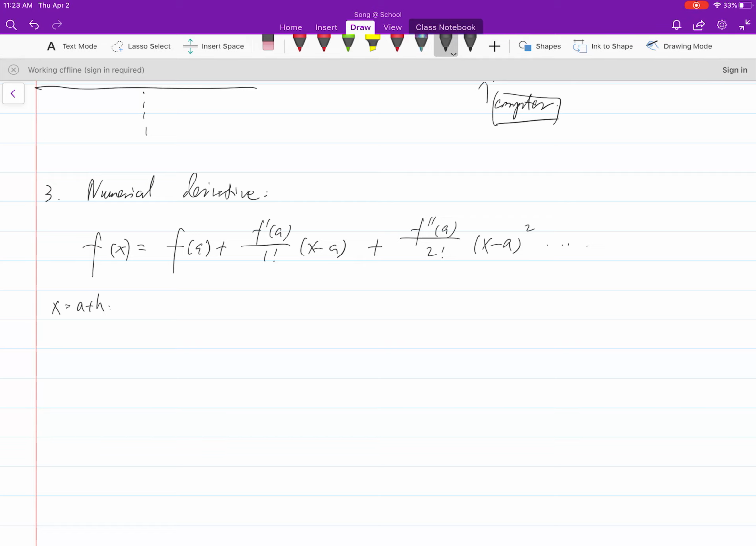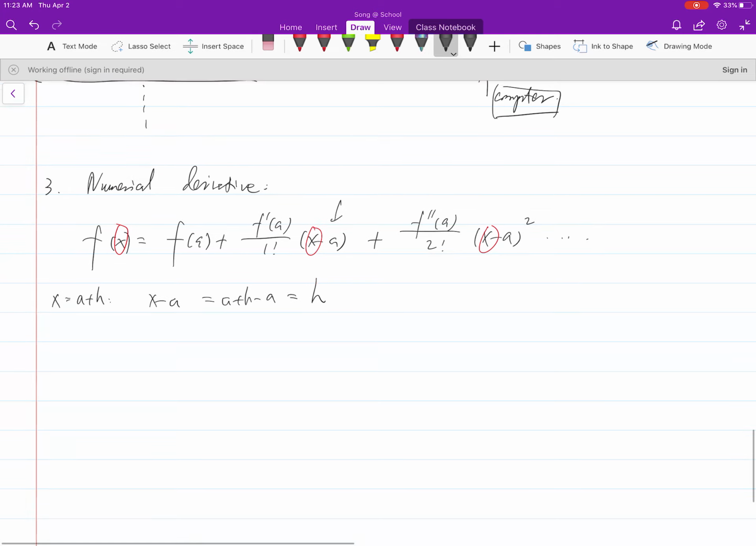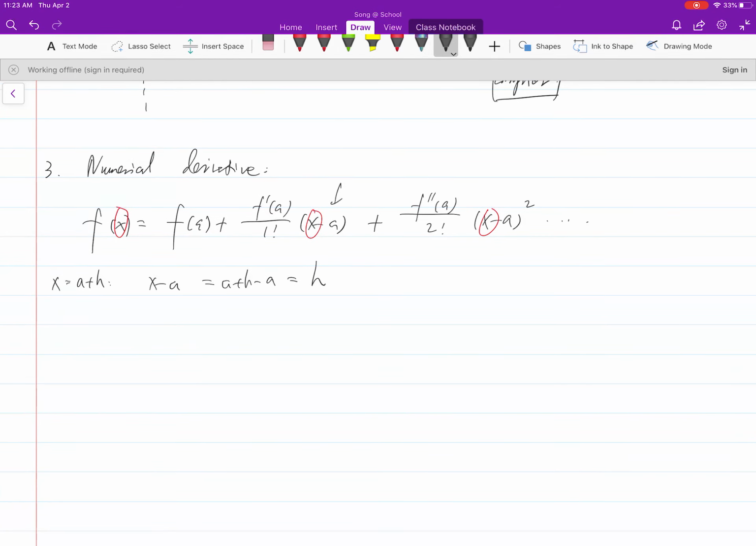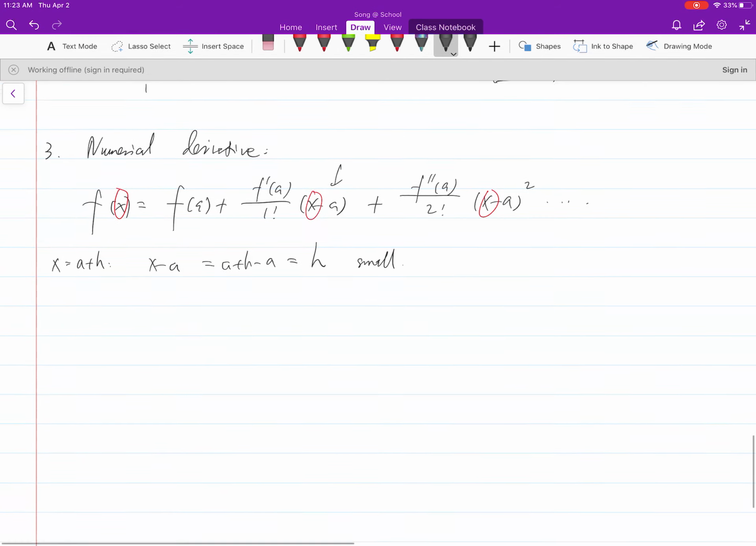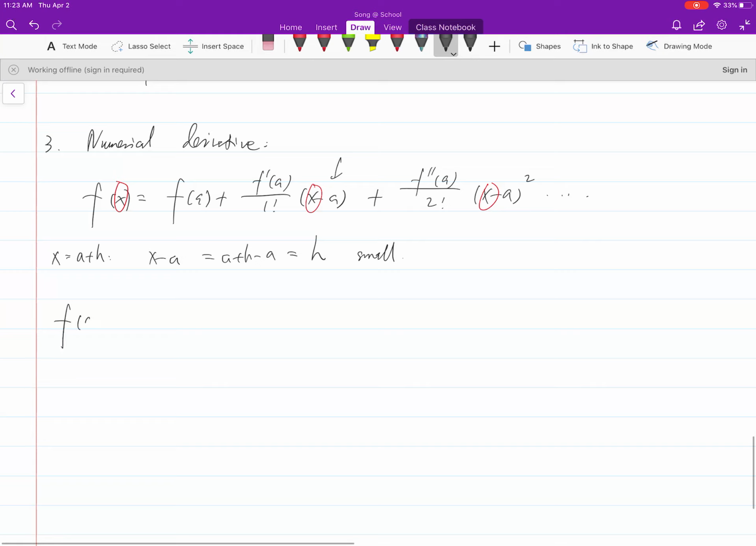Now what I want to do is plug in x equals a plus h. What's going to happen? Well, I'm going to replace this by a plus h, and I'm going to replace all these by a plus h. But note, x minus a equals a plus h minus a, which gives you just h. And this h is going to be super small. I will show you why I need this later. But then if I rewrite everything, f(a plus h) equals f(a) plus f prime of a over 1 times